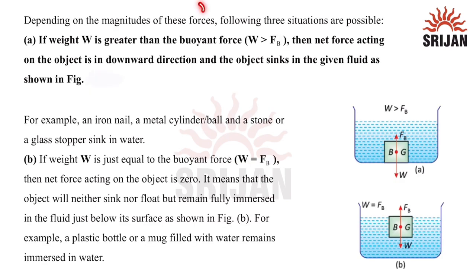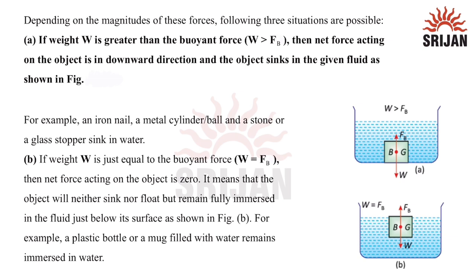Now, depending on the magnitude of these forces, there are three situations which are possible. First is the weight is greater than the buoyant force. In this particular situation, the net force acting on the object is in the downward direction. That means the object will sink in the given fluid as shown in this particular figure. For example, an iron nail, a metal cylinder, or a ball, or a stone, or a glass stopper sink in